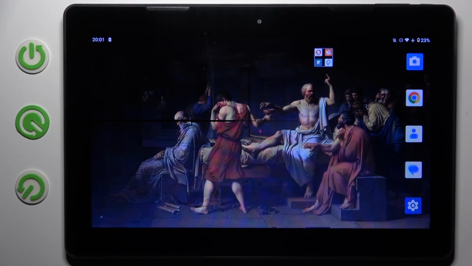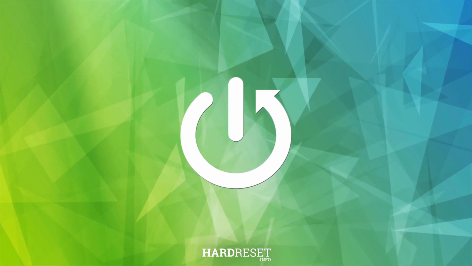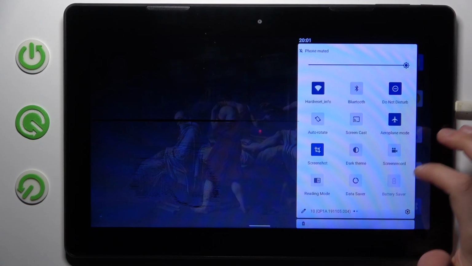Here I have Thomson TO13P, and today I'm going to show you how to record screen on this device. So to do it, firstly you have to go to the upper bar, and here you can find the button